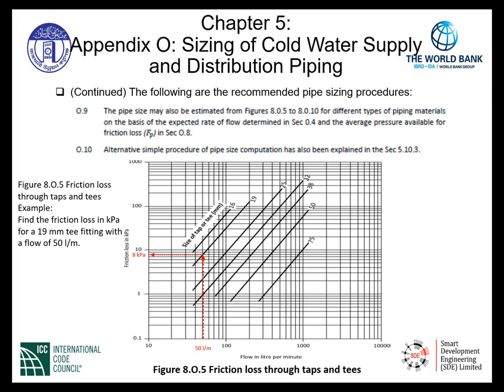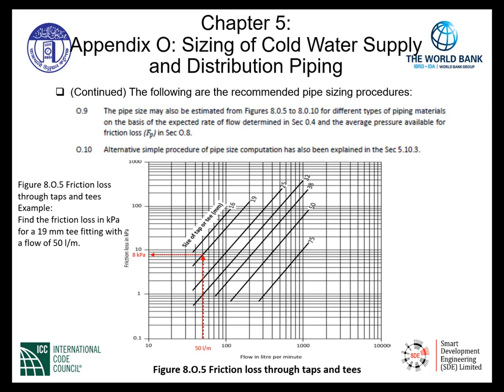Once we intersect that curve, we move to the vertical axis and read the friction loss in kilopascals, which in